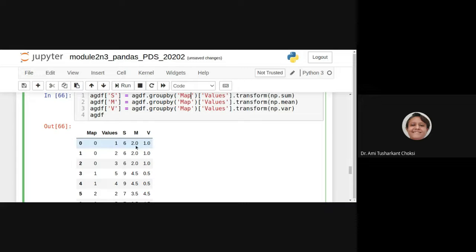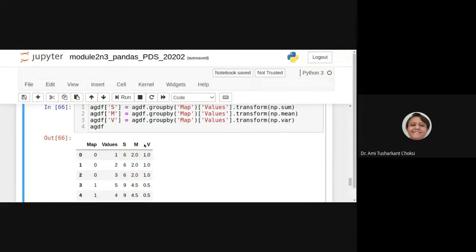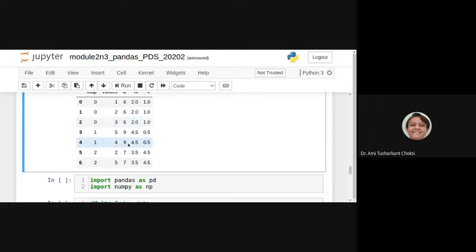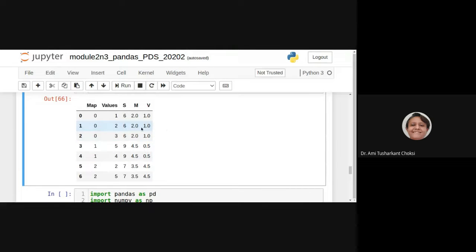So for that, sum is 6, mean is 2, and variance is 1, right? For all those things, we are having SMV.